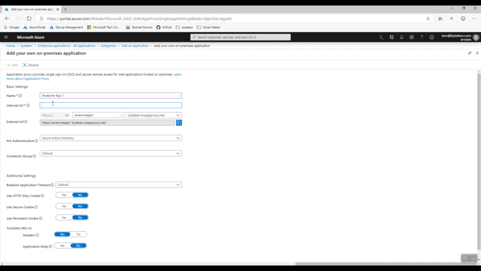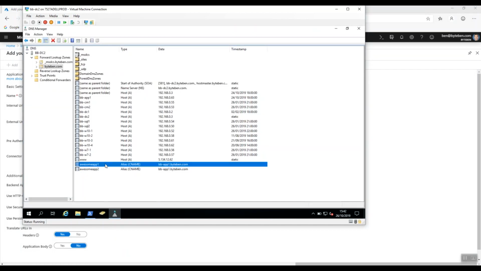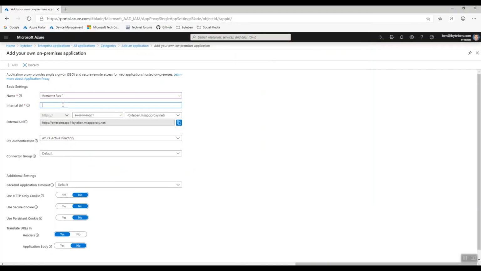No points for creativity. So the internal URL is the URL your internal users would use to access the application. So we've got a CNAME here pointing to our IIS box, and so the internal name is awesomeapp1.byteben.com. So we're using split brain DNS in our lab. So I'm just going to populate the full FQDN in there, and as you'll see, the application proxy will suggest a name for you based on the internal URL that you type in,